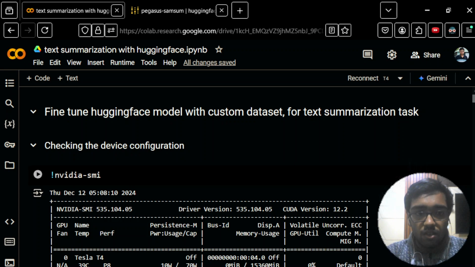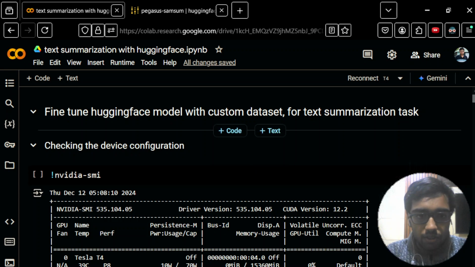And in this video, I will be sharing with you a project which I have practiced, which is about fine tuning a hugging face model with custom dataset for text summarization task. So let me start the project how I have created the